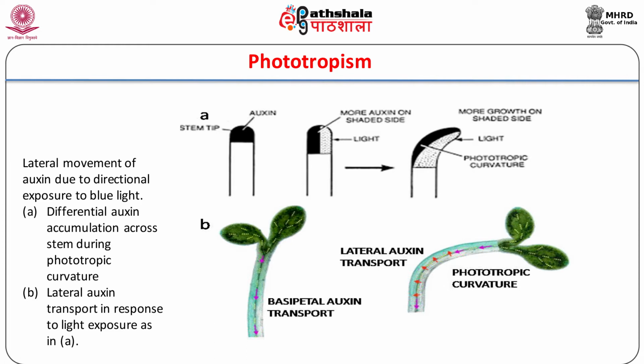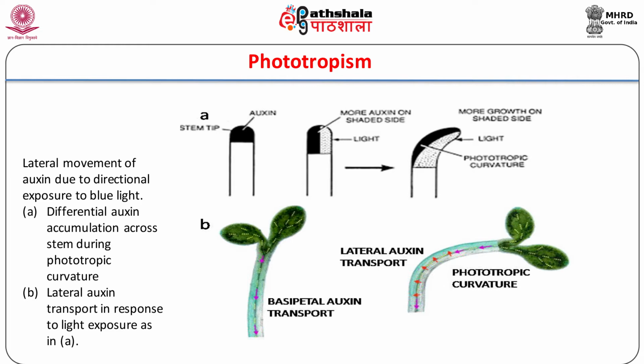Roots are negatively phototropic, which means that they grow away from light, possibly to ensure that the roots grow into soil for water and nutrient absorption. The direction of phototropic curvature depends on the direction of light stimulus and occurs due to differential cell elongation rates, such that the side receiving less light shows more elongation than the side facing the light source, hence causing bending of the stem towards light.